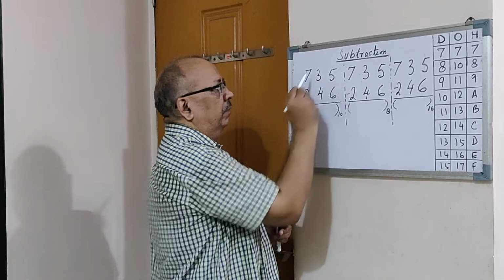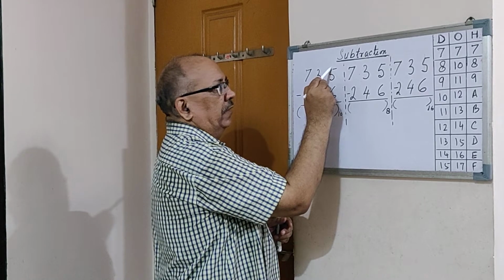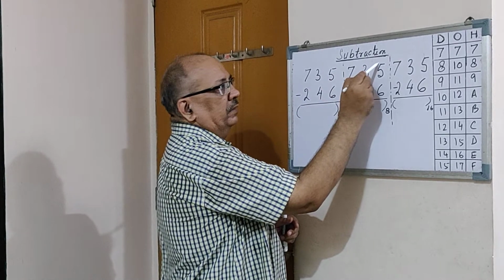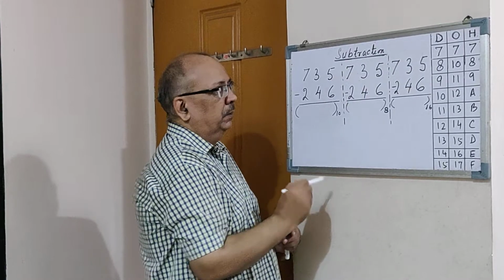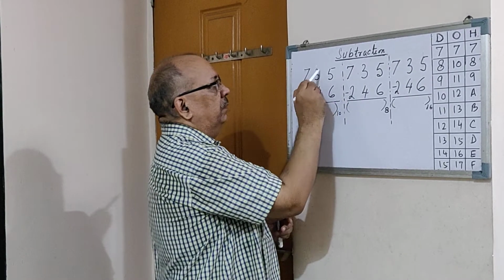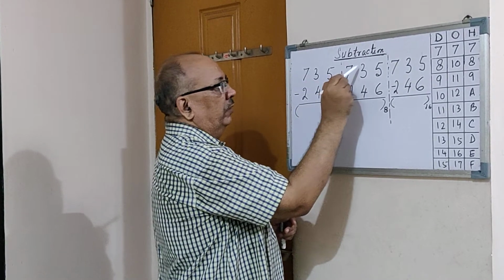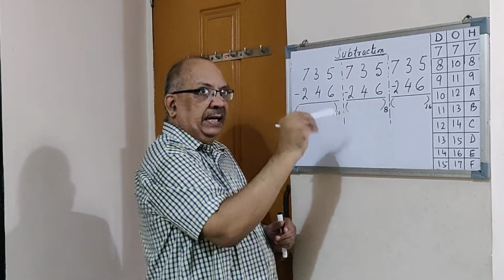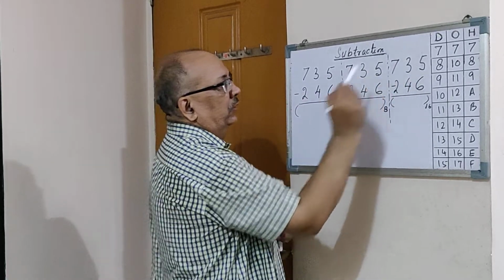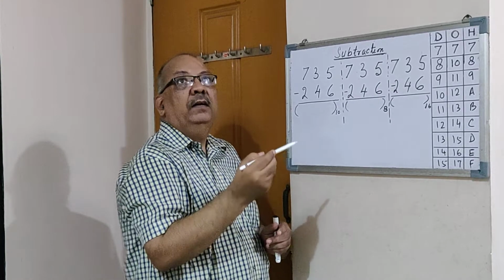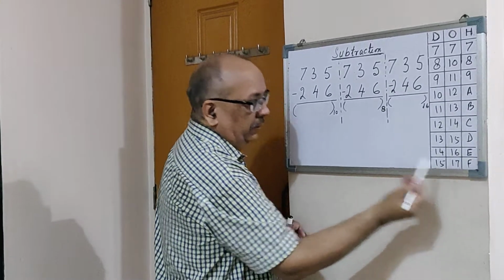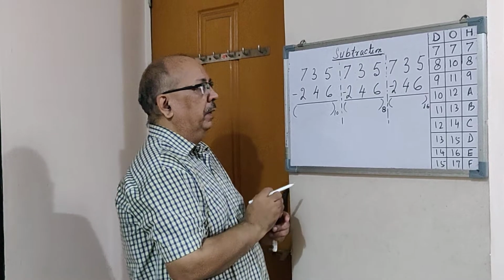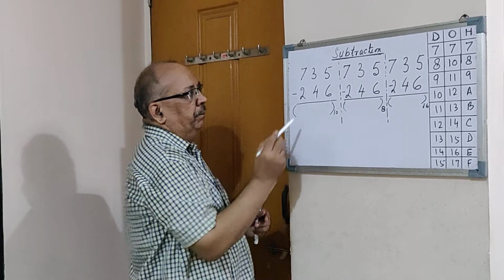Again I repeat, when I take 1 from here, it is exactly 10. When I take 1 from here, it is exactly 8. And when I take 1 from here, it is exactly 16. Because when I say 10 in decimal, it is exactly 10. When I say 10 in octal, it is exactly 8. And when I say 10 in hexadecimal, it is exactly 16, because after F it will be nothing but 10. Keeping that in mind, let us see the subtraction part.